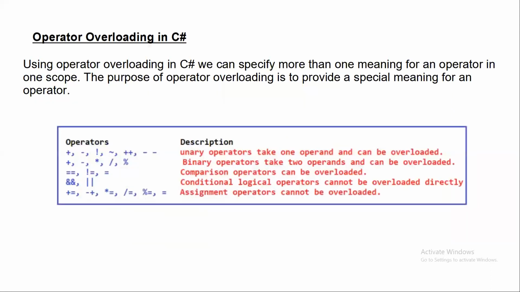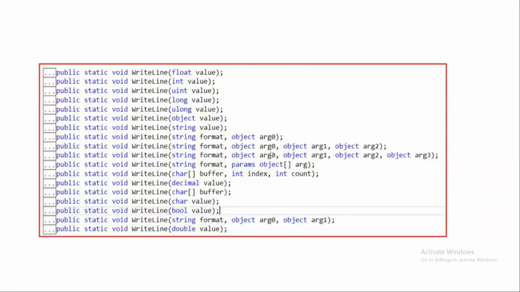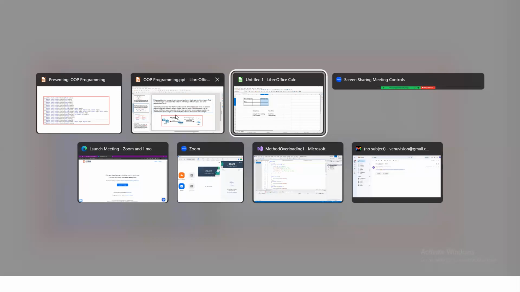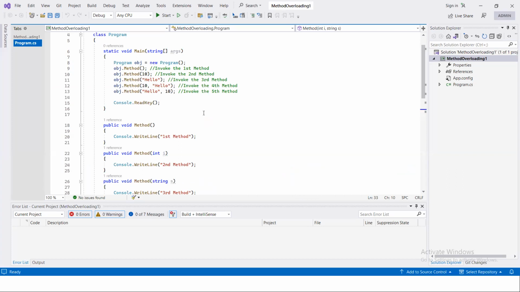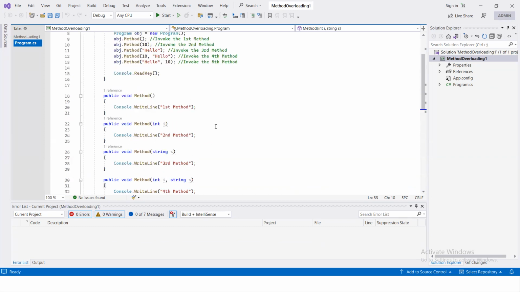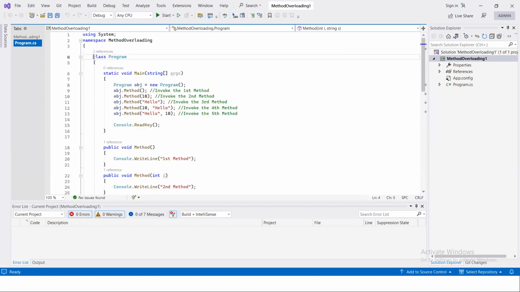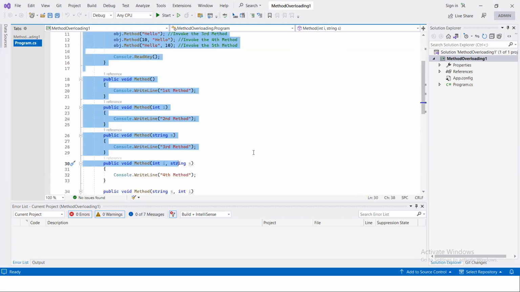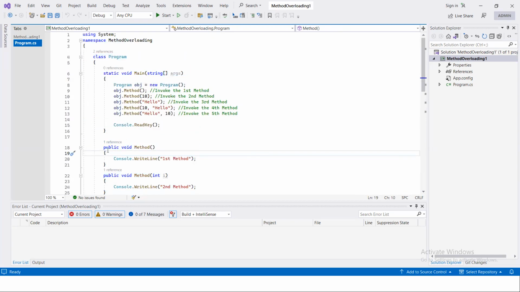Okay, so then let me go to some examples. I think I have already launched it. Now here, I mentioned that method overloading can be done within the class, and also when we do inheritance, we can achieve that in the derived class. First I'm focusing only on within the class. So you see it's only one class, and I have a method,